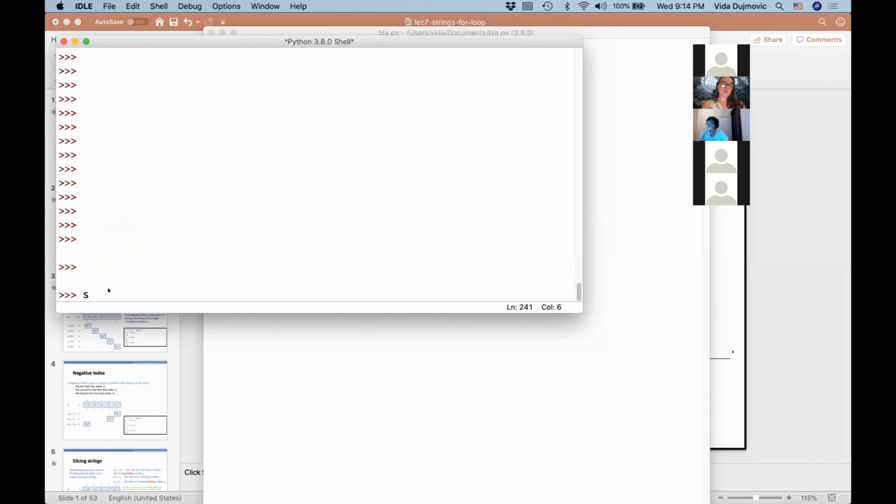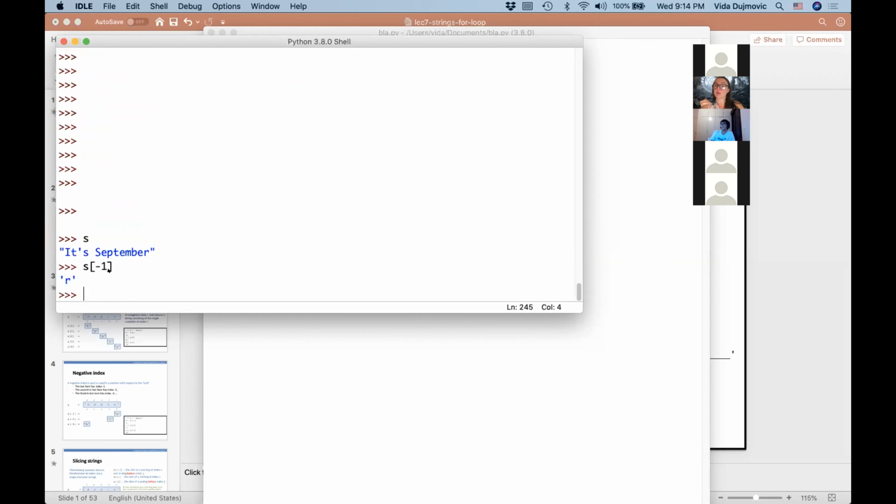So let's see, we have the string S. If you start from the back, R would be our first character. So if you use a negative index, a negative number, Python starts from the back. You may ask, well, why is this one now not 0? Well, that's kind of logical because this would be minus 0. 0 is neither negative nor positive, so mathematically it wouldn't make sense.